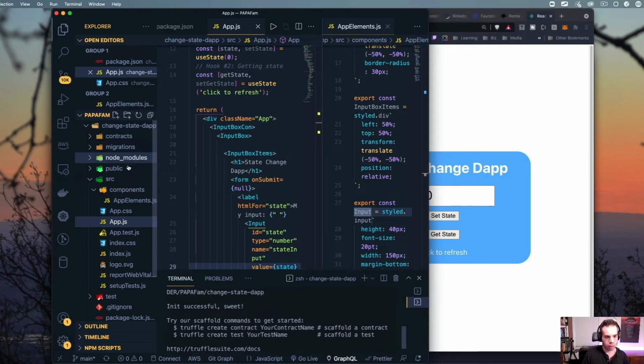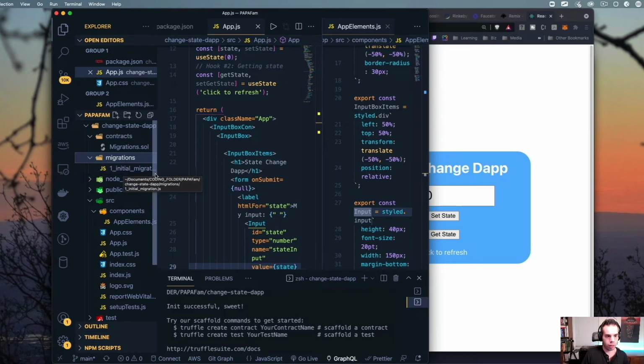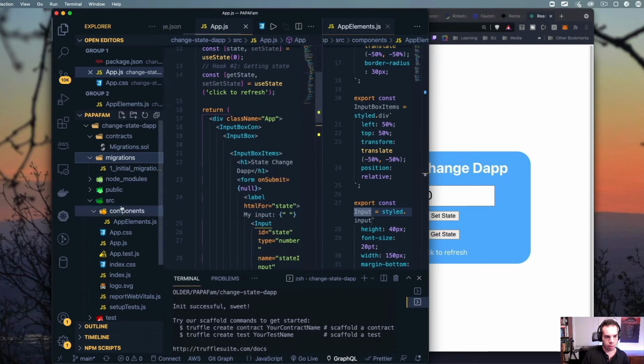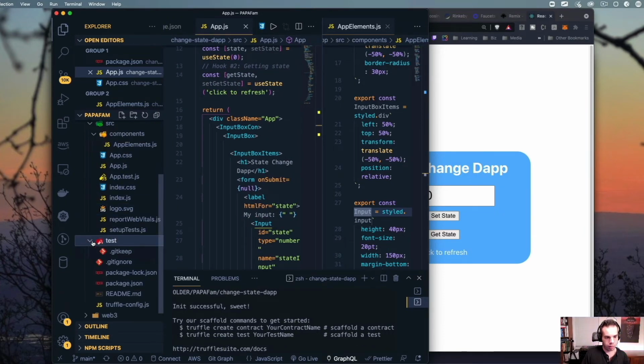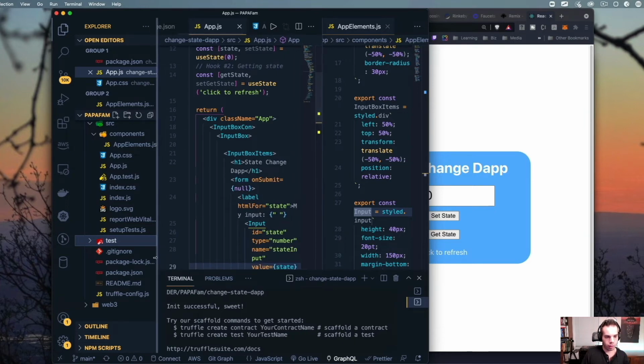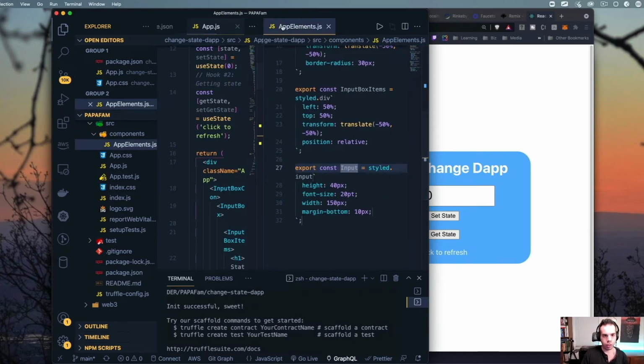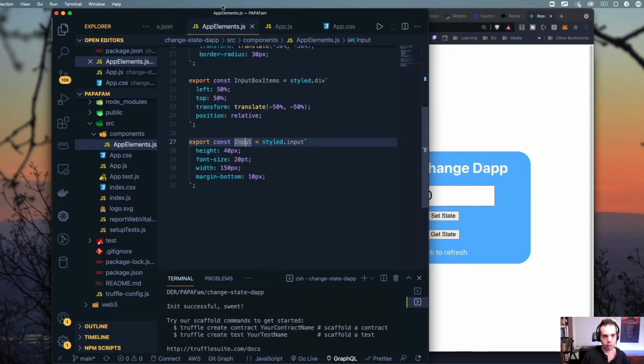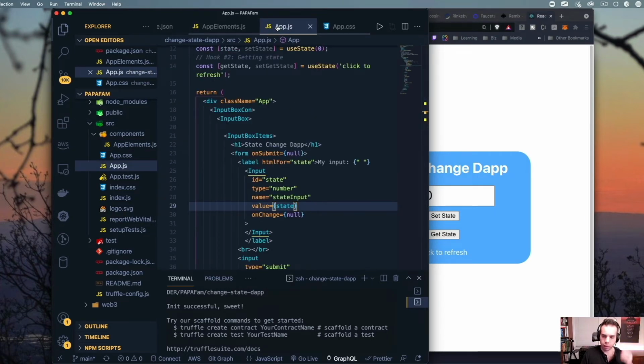And you'll see that there was a ton of stuff that was just added. So there was specifically a contracts folder. There is a migrations folder in that. There's also a migrations subfolder with an initial migration 1 that's there. We've also added a test folder and also a Truffle config file, which is a JS file. So these are going to be the files that we're going to be depending on to manage Truffle in our project. And this is actually how we're going to be working with the state of our application, because we're going to be making calls to this blockchain instance, and we're going to want to make sure that we have a Truffle instance that's connected.